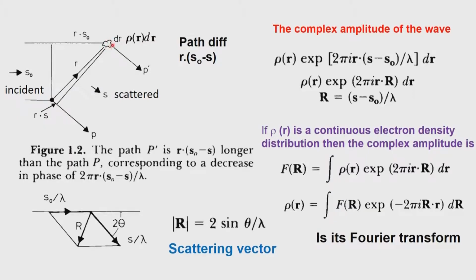So, as a consequence, we get a path difference associated with the path in which the wave traverses, that is r dot (s naught minus s), which leads to a phase difference of minus r dot (s naught minus s), which is r dot (s minus s naught) divided by lambda, multiplied by 2 pi i, indicating that this is a complex quantity. So, we therefore get the expression for the complex amplitude as rho of r times the exponential of this, and we now define (s minus s naught) by lambda in terms of a vector R, and this particular vector R therefore has dimensions